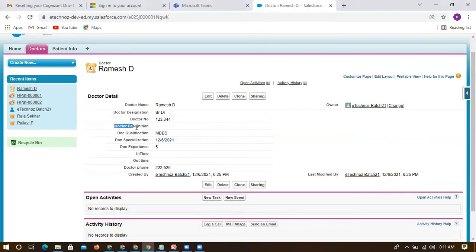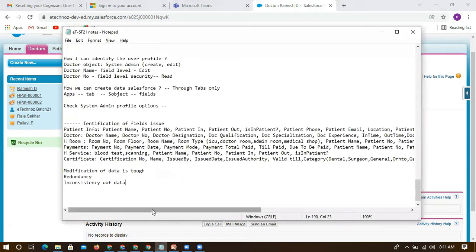Let's take an example: if I created 12 fields for patient and 10 fields for doctor. When I'm creating a record, I need to enter the information for the 10 doctor fields, and for the remaining 12 fields I have to enter the patient information also, right? If I have any other subject or information to store, I have to create multiple fields. So this is not the ideal way to deal with it. I guess you got the problem, right?